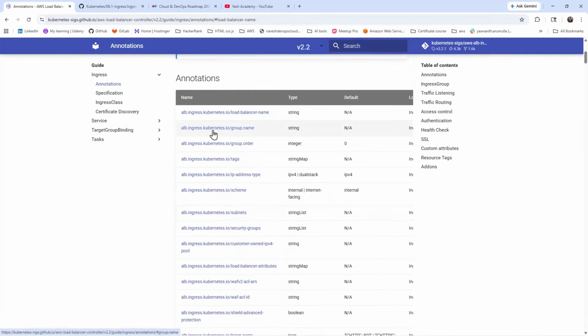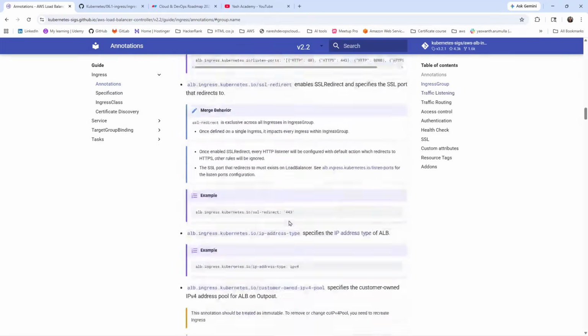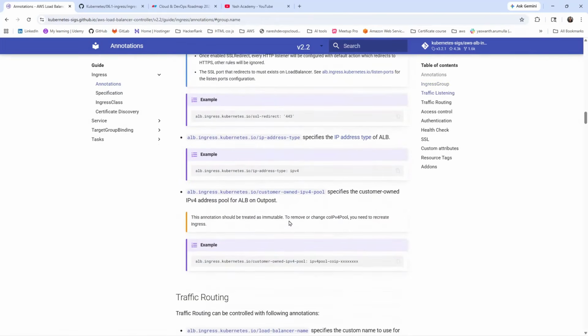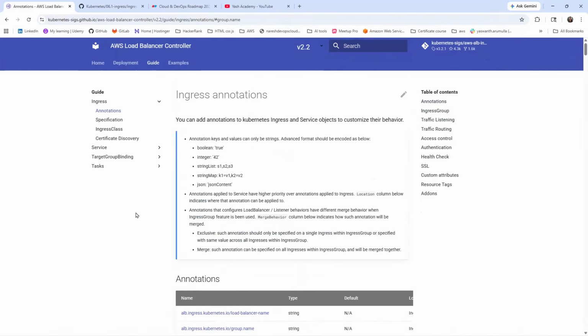It will support the subnets and lot many things, but everything is a JSON file. And here is one more drawback in annotations. It will only support the application load balancer controller, the ALB Ingress controller only. And tomorrow, if our organization is not using the AWS load balancer controller and is using some different controller like the Nginx controller,